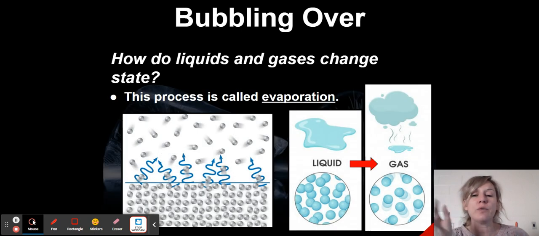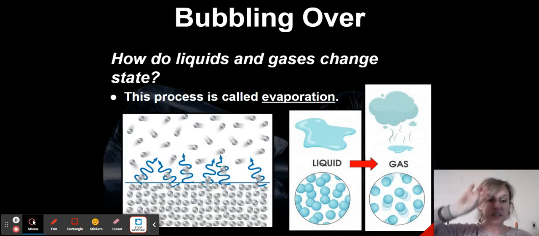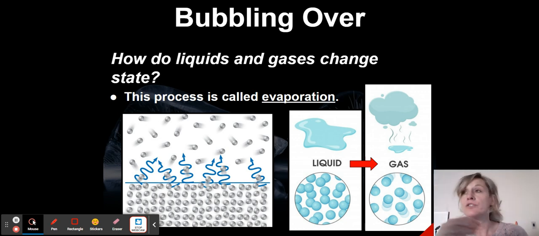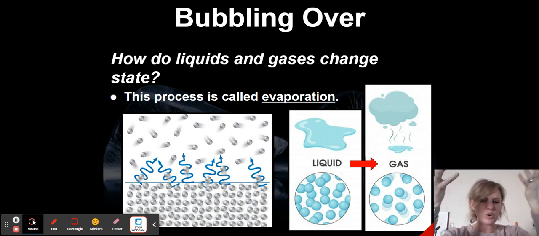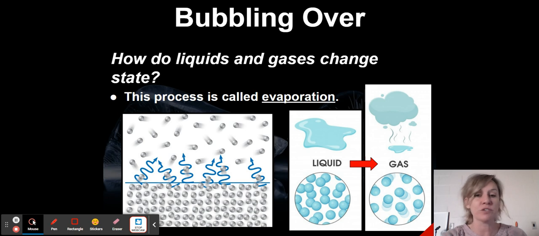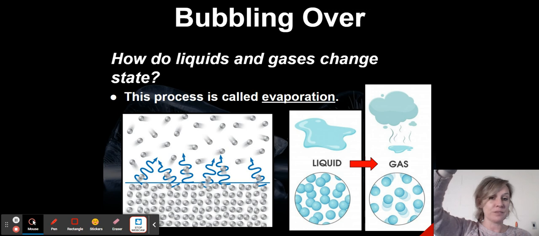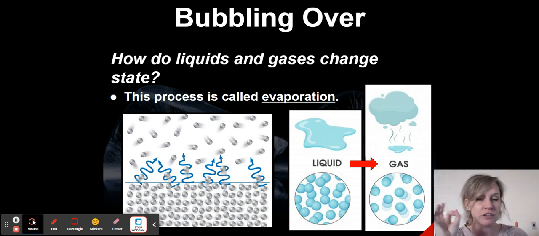All right, the point where the water starts to move into steam is called evaporation, and that actually happens in our atmosphere all the time. So anytime you have a large body of water, or any body of water, and it gets warmed up from the sun, especially in warmer climates, that's why they get so much rain. In warmer climates, the water evaporates, it goes into the air, it cools, and then it comes back down. So that's called evaporation, when a liquid is evaporated and it turns into a gas. Liquid going to gas. So water going to water vapor.